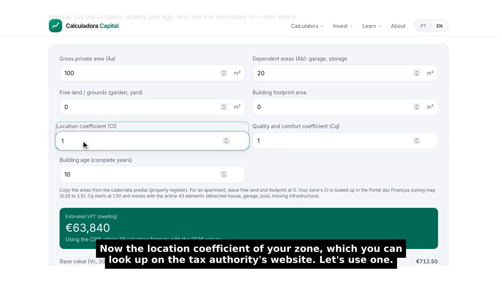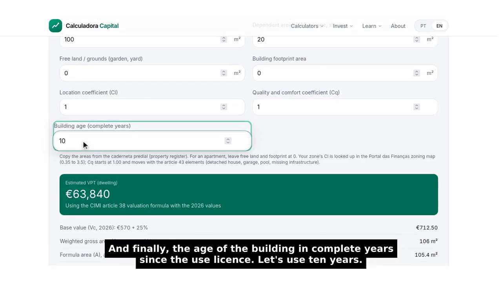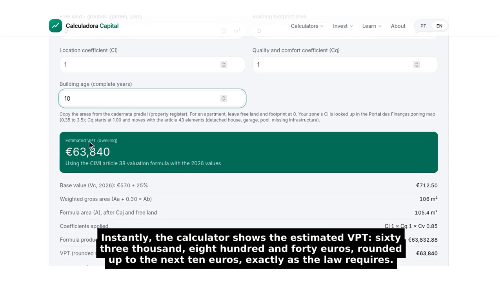Now, the location coefficient of your zone, which you can look up on the tax authority's website. Let's use 1. The quality and comfort coefficient, which adjusts for things like a detached house or a gated community. We'll keep it at 1. And finally, the age of the building in complete years since the use license. Let's use 10 years. Instantly, the calculator shows the estimated VPT,